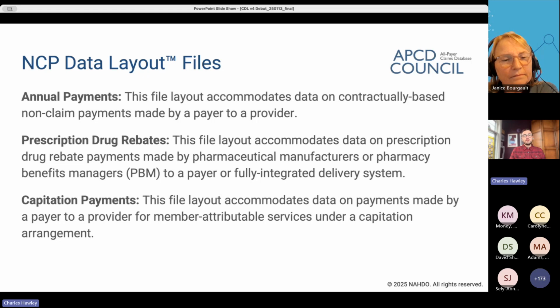Another file here is the prescription drug rebates, and this accommodates data on prescription drug rebate payments made by drug manufacturers and PBMs to payers or fully integrated delivery systems. And lastly, capitation payments. This file accommodates data on payments made by a payer to a provider for member, this is the important part, member attributable services under a capitation agreement. And so